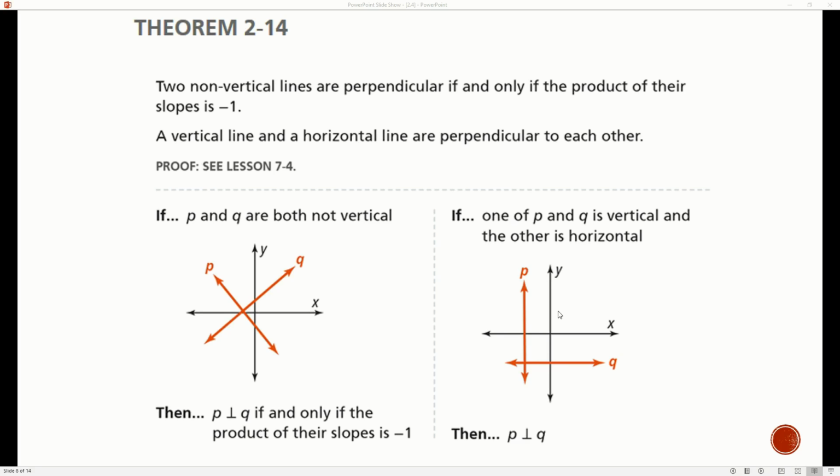Now we have our other example. Let's go back on the left. If P and Q are both not vertical, so that means they're not undefined slope, then P is perpendicular to Q if and only if the product of their slopes is -1. What does that mean? The product of their slopes being -1 means anything that's in my y equals mx plus b. If I have line 1 to be y equals mx plus b, and line 2